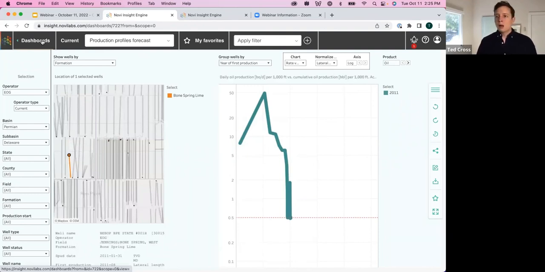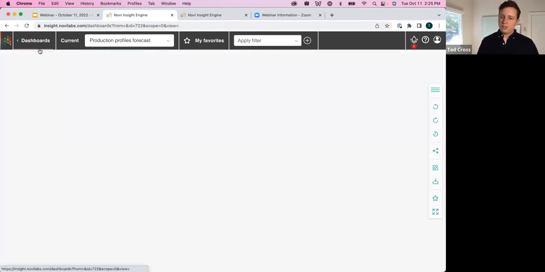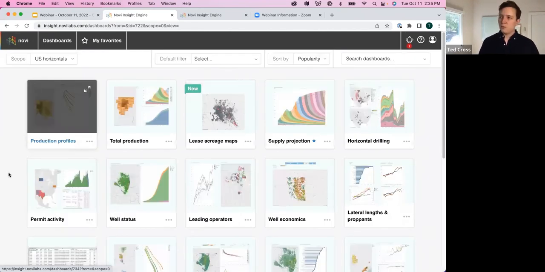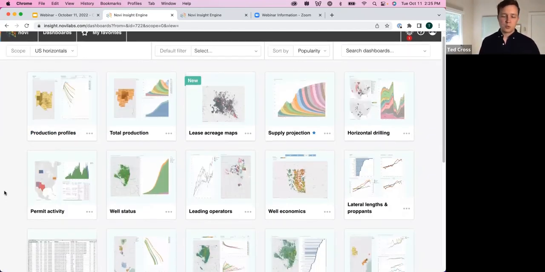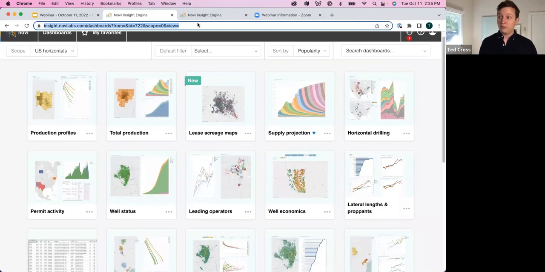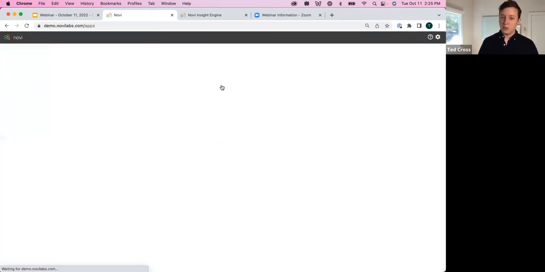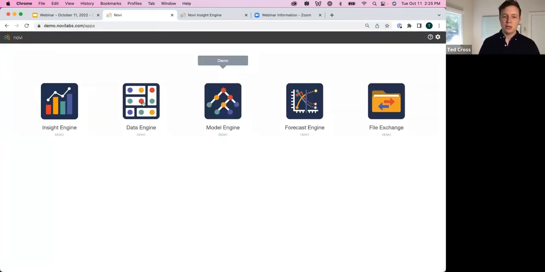Okay. So that's the material that I wanted to cover for you guys today. The only other thing that I want to mention, a major addition for us recently, is we did add in the vertical wells. We added in vertical well production, so that's available within our database. We don't have that yet available here in the front end.